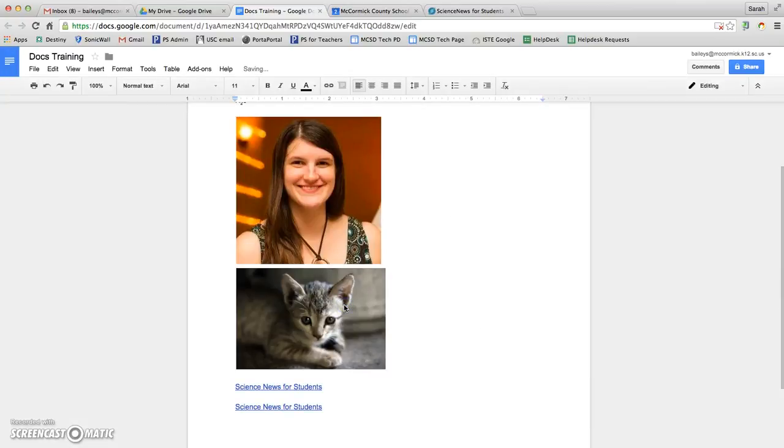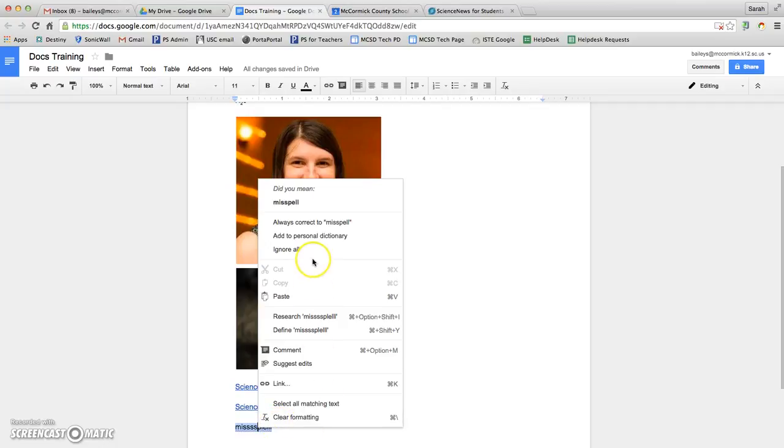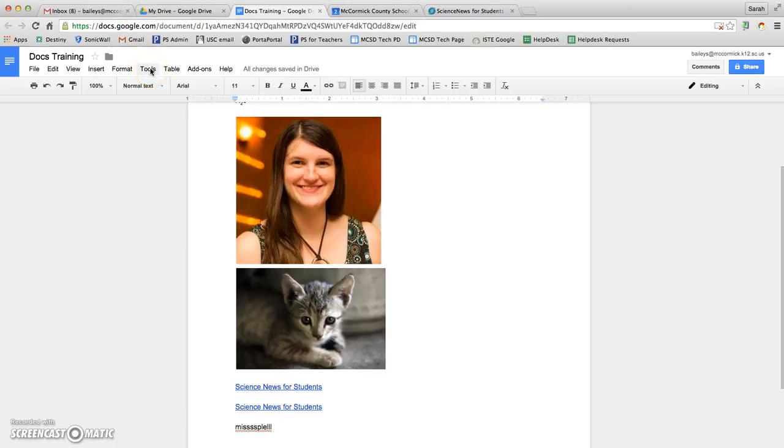Now for spelling, I've spelled everything correctly so far, but if I misspell something, it's going to automatically underline it in red. And say I'm done with everything I need to do, but I need to check the spelling on things. If I see something underlined in red, I can right click and it'll bring up this menu right here and it'll ask, did I mean misspell? So I can either select that and do it that way to fix it, or when you're done with everything,